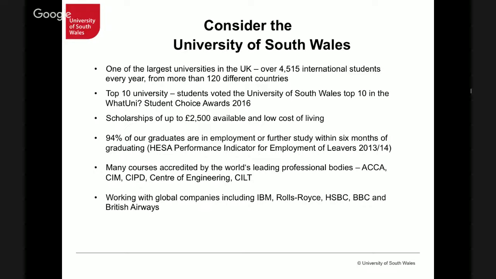Now, on another note, if you are thinking about studying in the UK and maybe doing some part-time work, it is possible to do this under the Tier 4 student visa. So you are allowed to work for up to 20 hours every week, and you don't need to apply for any separate visa. It's fine for you to do it under your Tier 4 student visa. Now, most students tend to work either on campus, but of course a lot of students want to work on campus, so there's a lot of competition, or in nearby Pontypridd or in Cardiff, because obviously in town there are more opportunities to get part-time work experience.